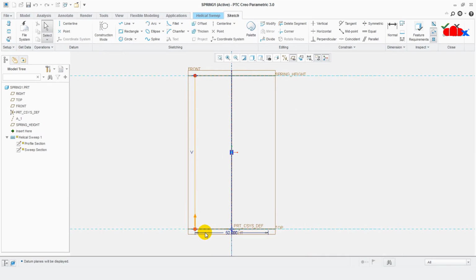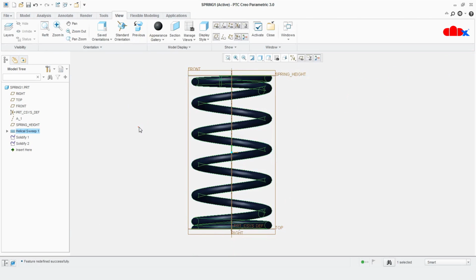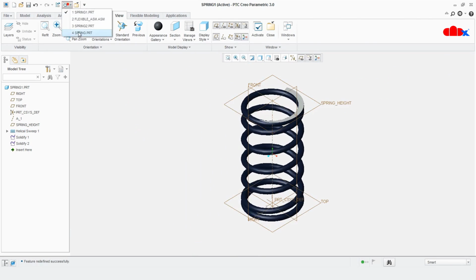So if you are taking a height like this, then you will get only 180 degree grounded portion, grounded area. But if you see this spring,